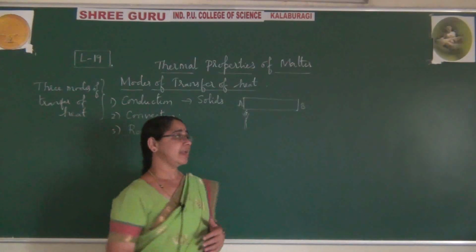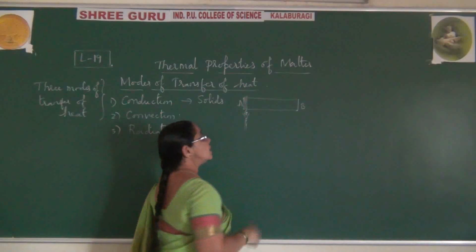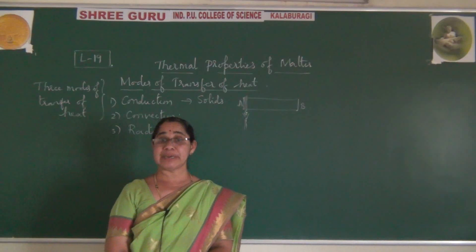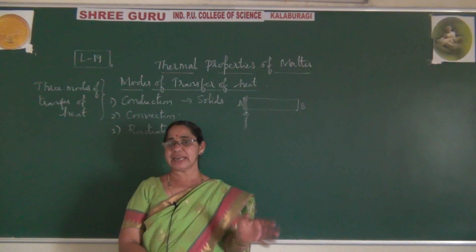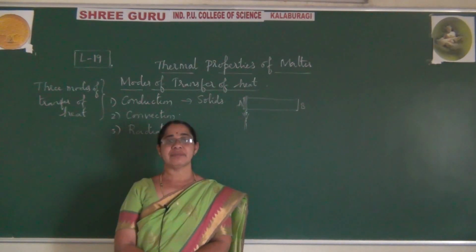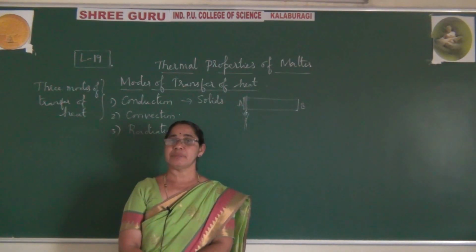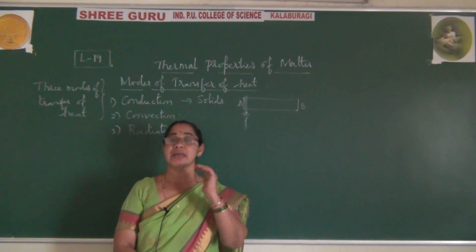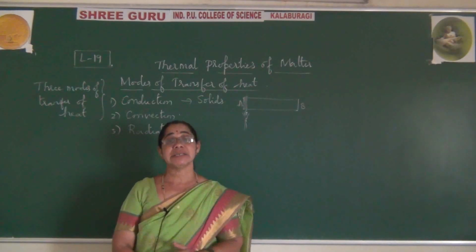It starts vibrating with larger amplitude. What do you mean by amplitude? The maximum displacement of a particle in a wave is called amplitude. This you already learned in school days, but now I am using the word for the displacement of these molecules. These displacements will be larger, the vibrations will be larger, due to which there is a larger amplitude. That is nothing but vibration of these molecules with larger amplitude.